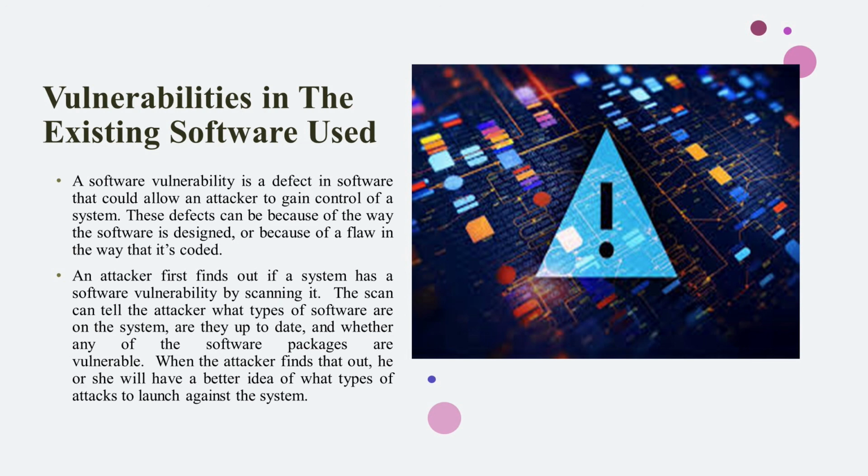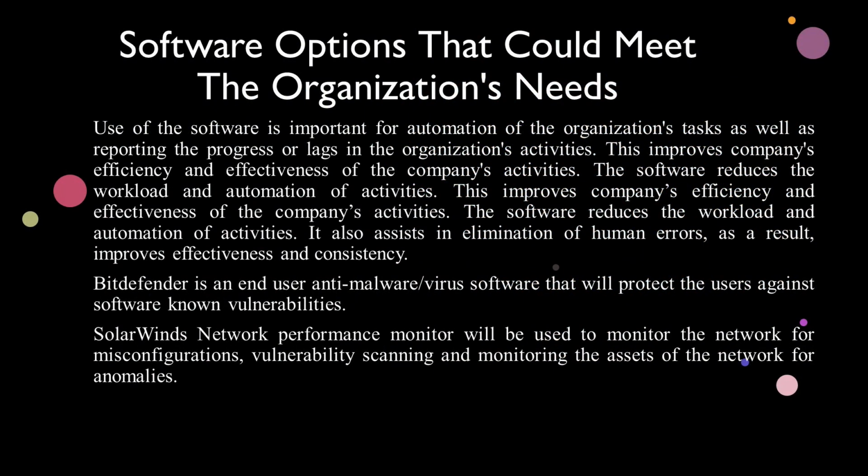An attacker first finds out if a system has a software vulnerability by scanning it. The scan can tell the attacker what types of software are on the system, whether they are up to date, and whether any of the software packages are vulnerable. When the attacker finds out, he or she will have a better idea of what types of attacks to launch against the system. List of software security vulnerabilities: flaws in injection, buffer overflow,